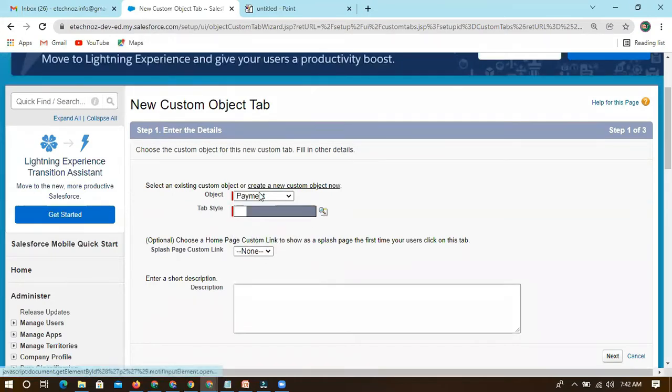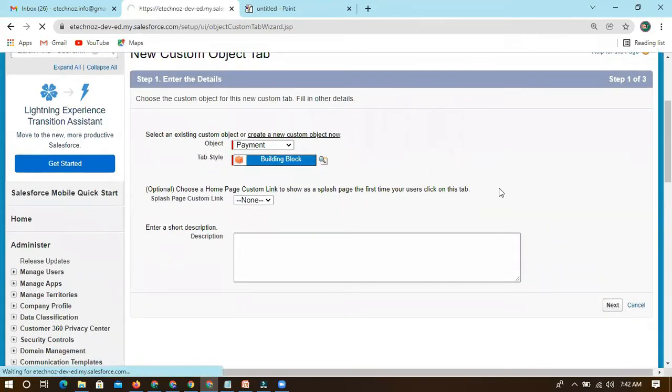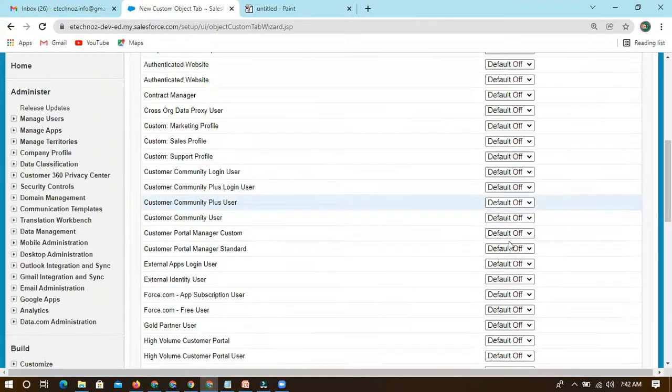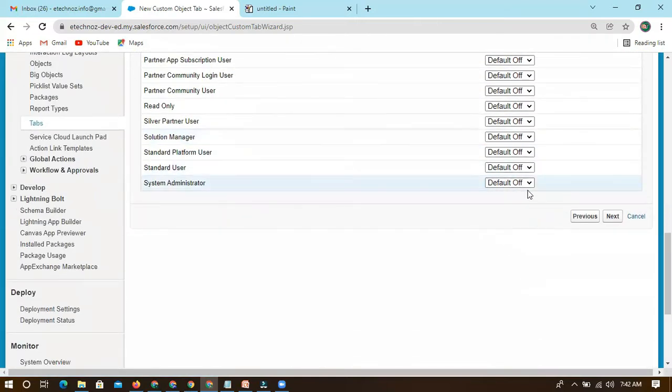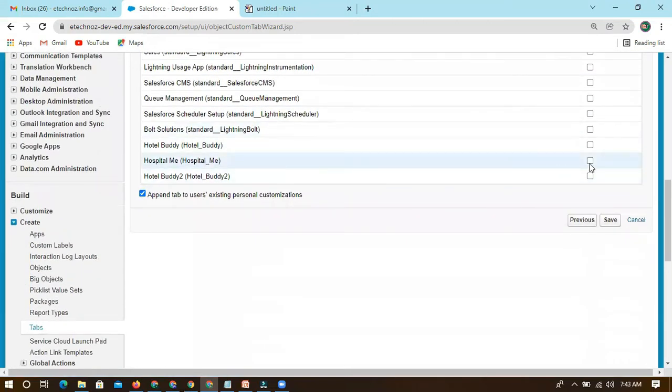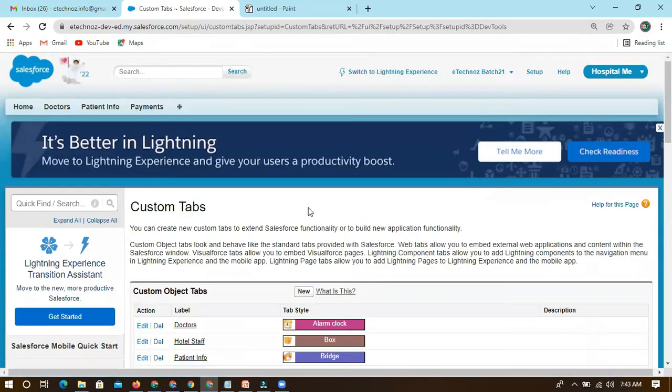This is the subject, and I need to give a good color, and click on next. It should be default off for everyone, and only to system admin I'm giving access. Next, and it should be only for the application hospital me, not for any other application. I'm saving it. These steps everyone knows, and by this time you can see payments also we got.